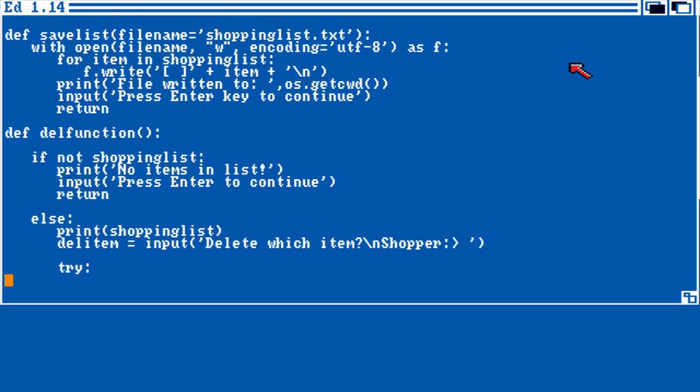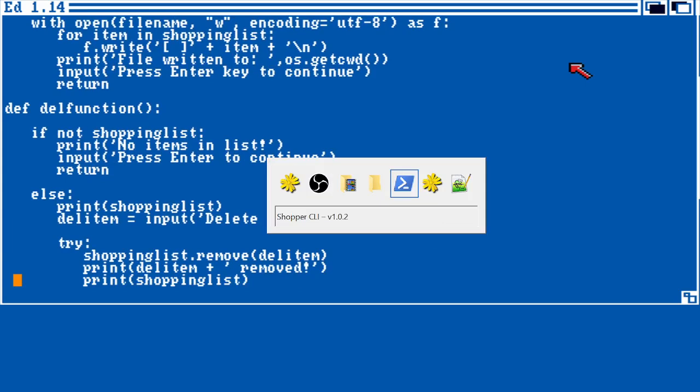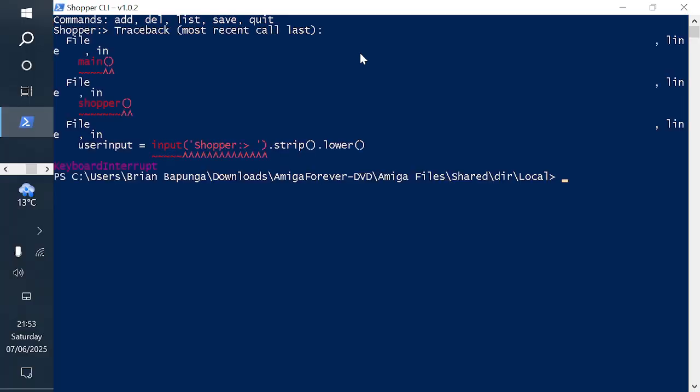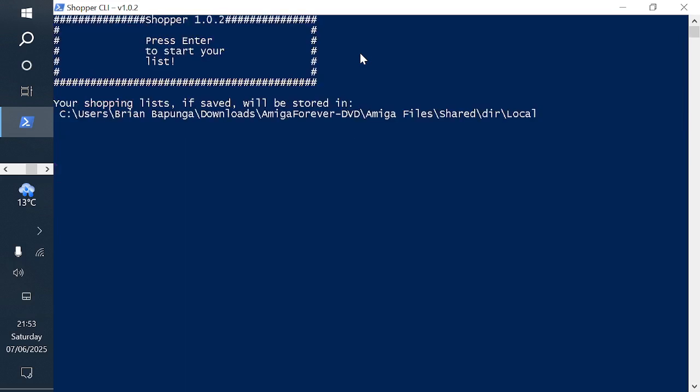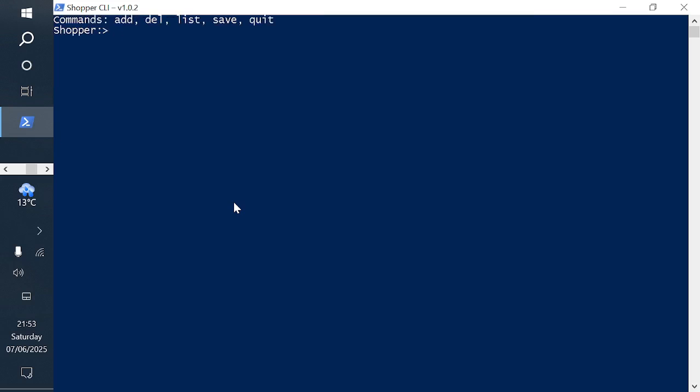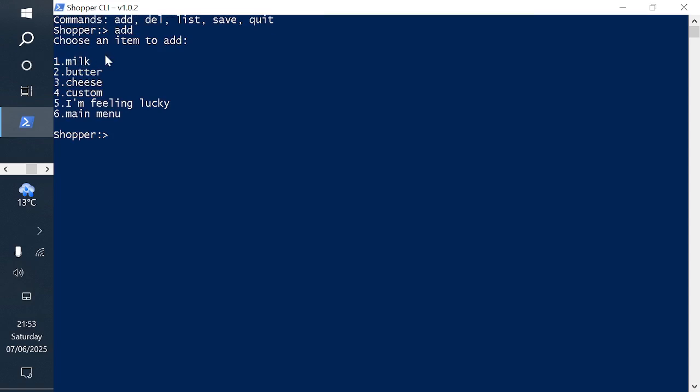So if we go to PowerShell and run the program, we see the intro screen. We're told where shopping lists will be saved. Press enter to start your list. So if we type in add, this is what I mean. We have preset items like milk, butter, cheese. You can add more of these. Obviously, you'd probably have 20 or so items